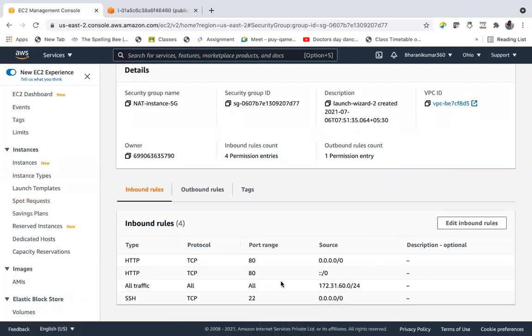While using a NAT gateway, you have to create the NAT gateway, one thing, and add it in your private route table. Only two steps.